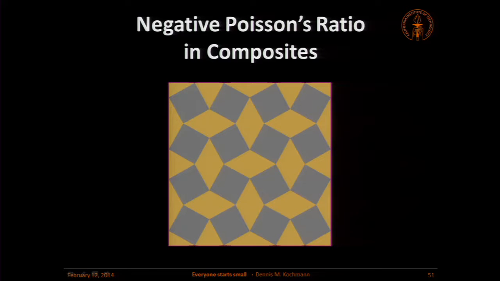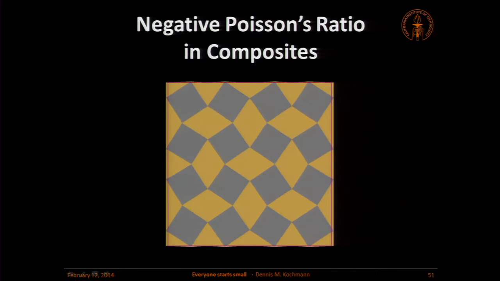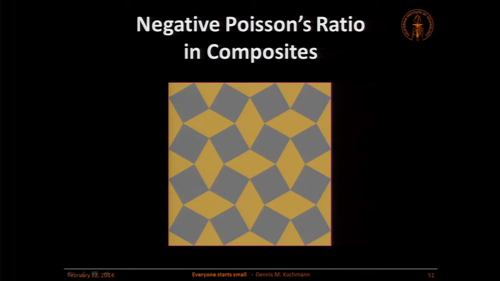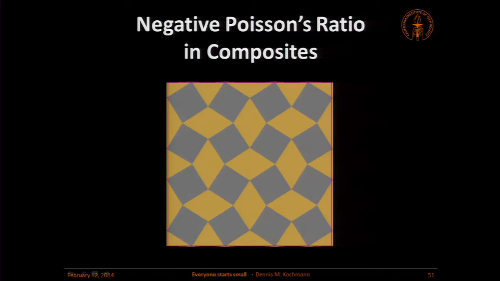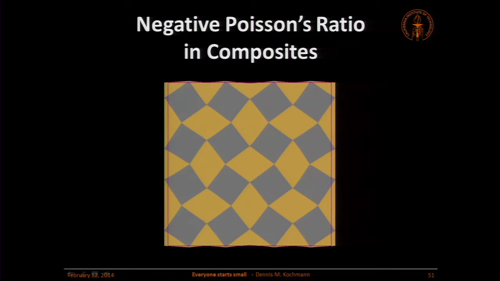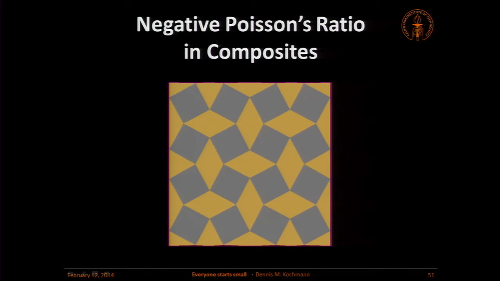Here's another example of negative Poisson's ratio now for a composite material. What we see here are stiff inclusions in a compliant matrix. Normally, this shouldn't be doing anything interesting. What we see is the following. As you compress it, the movie is actually playing, these inclusions start to rotate. If you expand it, they rotate the other way around. You can see these little guys slowly rotating.